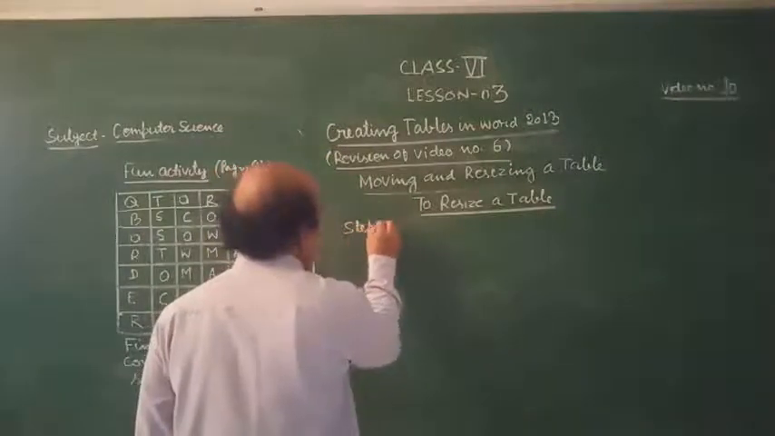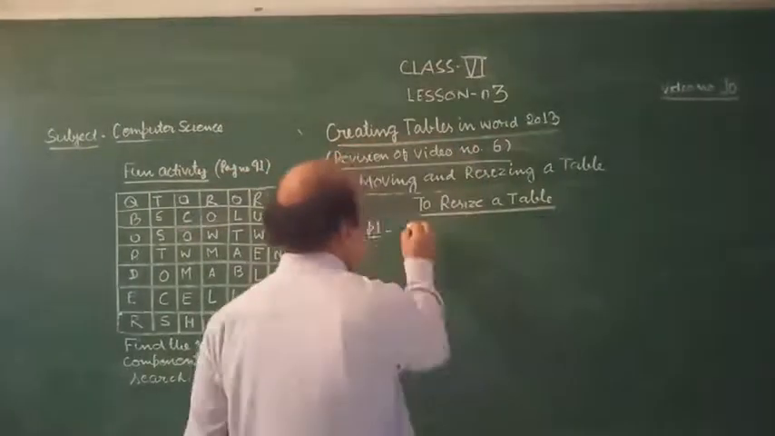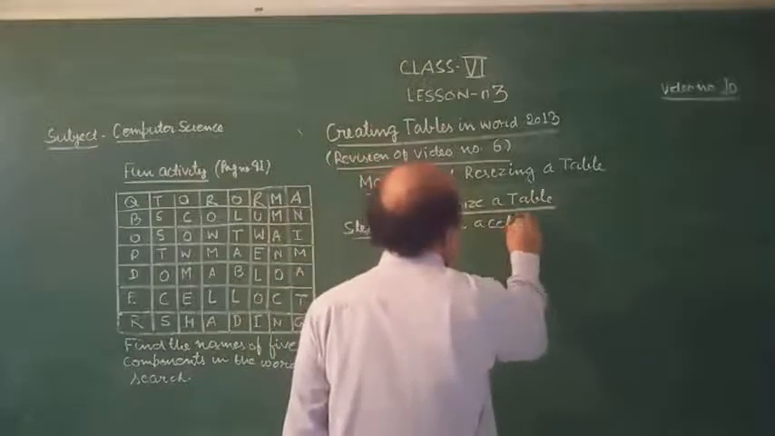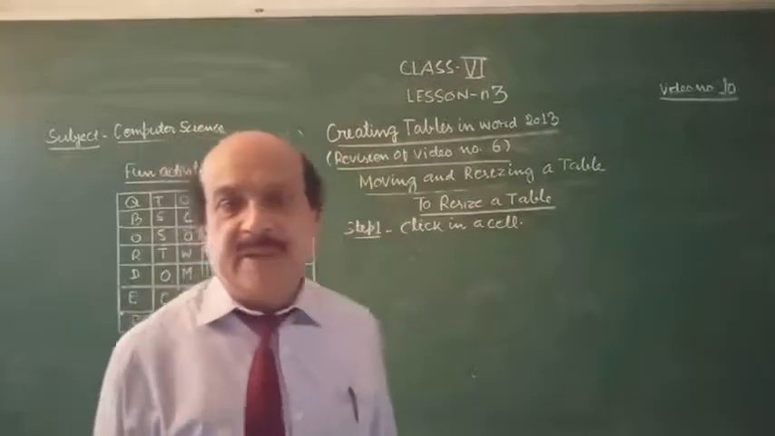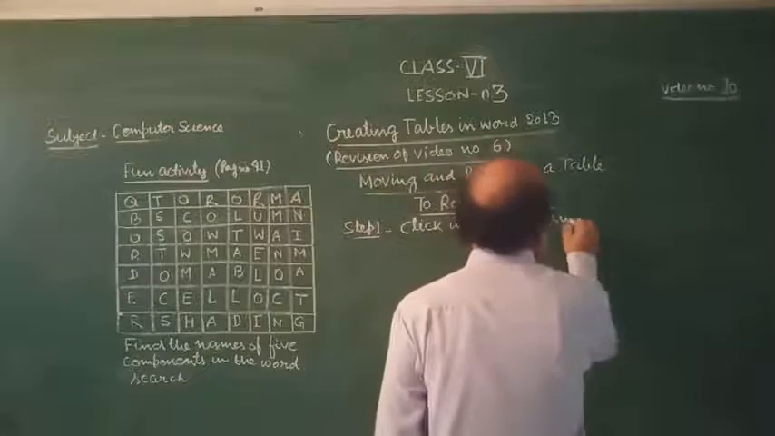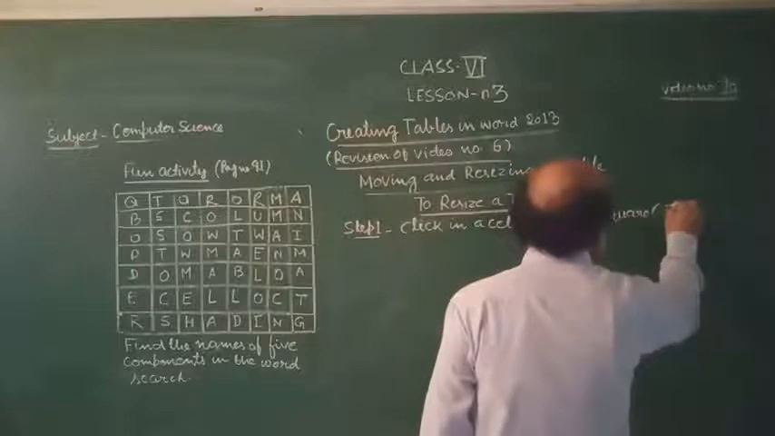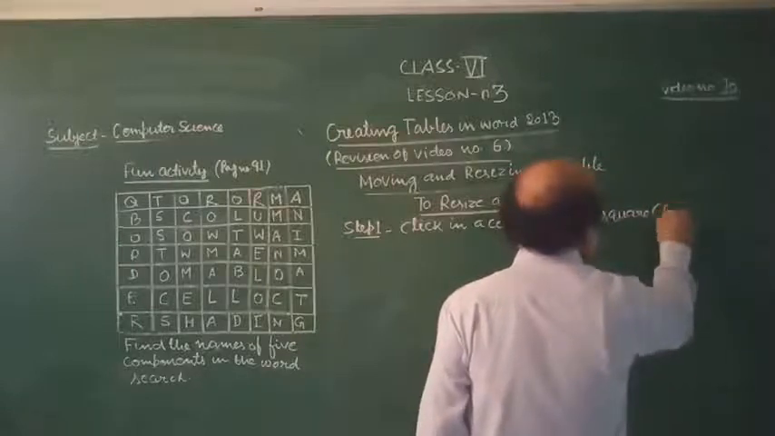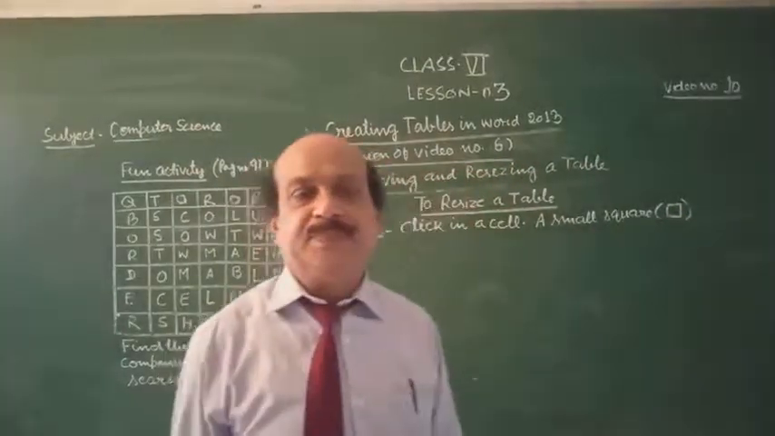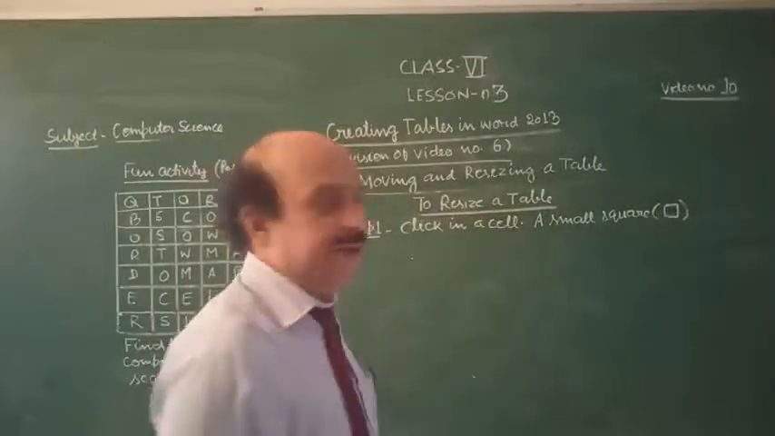Step 1. The step which you have to take: click in a cell. A small square, like this, like a square symbol. A small square appears at the bottom right corner